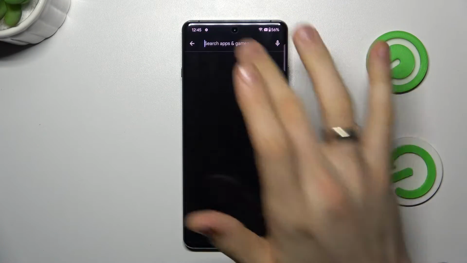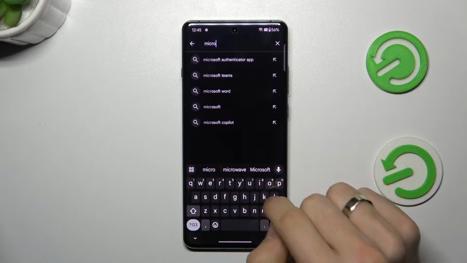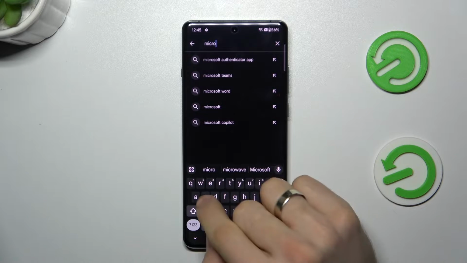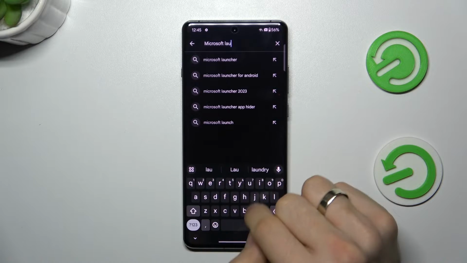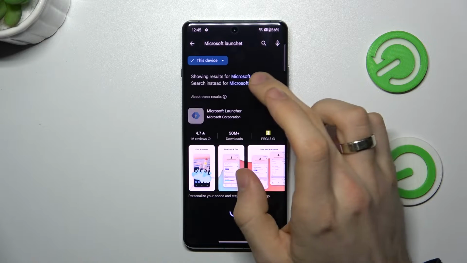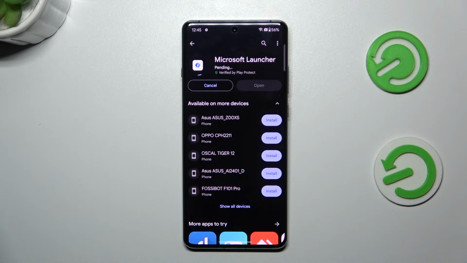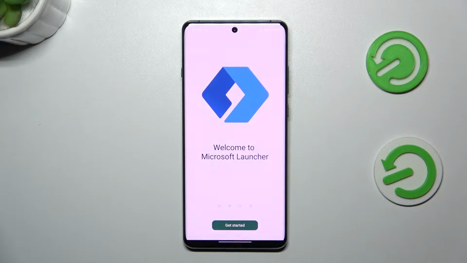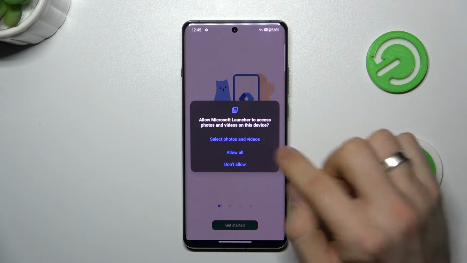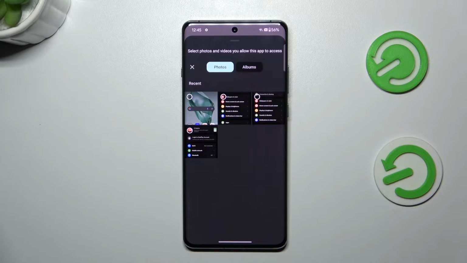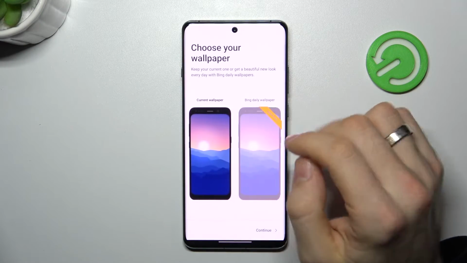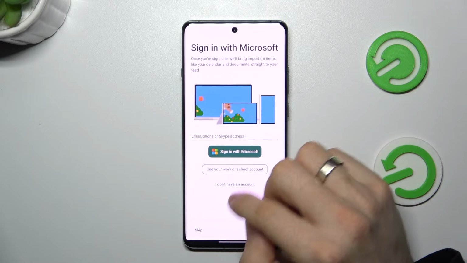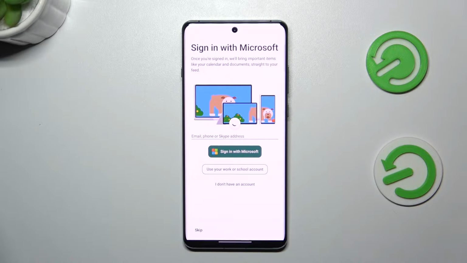In third place in my top is Microsoft Launcher. Just find it and install. Click open, get started, value the app, and cool. So now click continue. You can skip the integration with your Windows device if you have a Windows